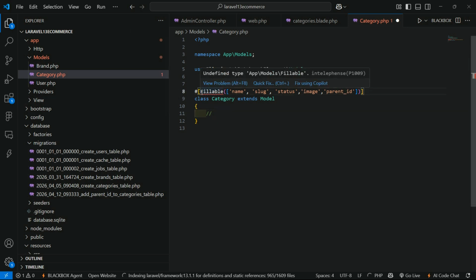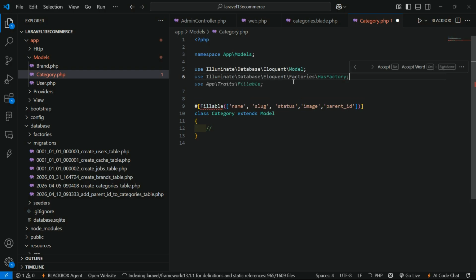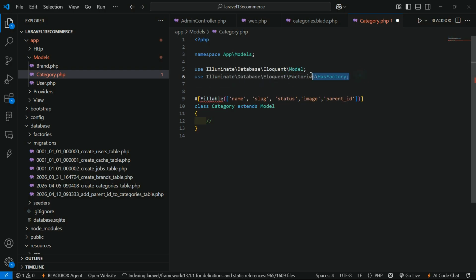For understanding the fillable, just import a package. So right here use Illuminate\Database\Eloquent\Attributes\Fillable. Okay,